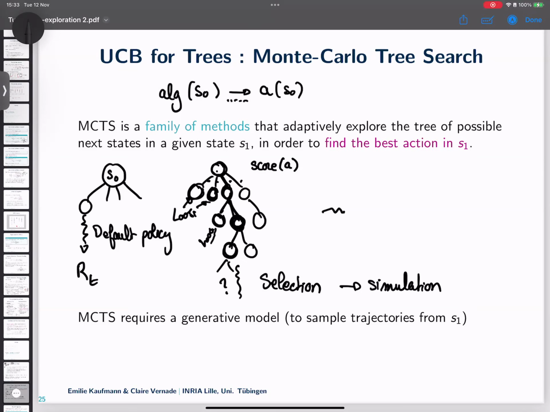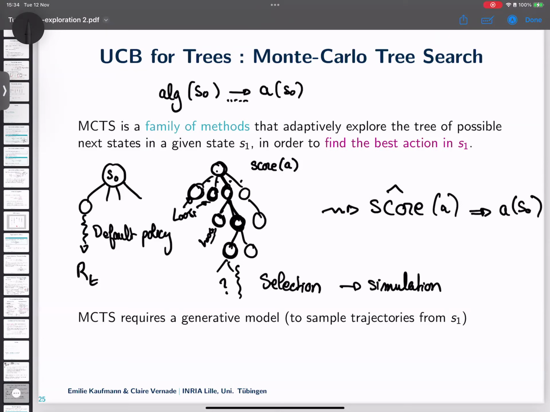And I continue like this for a long time until I get an estimate of the score of my action that I feel is good enough for me to output, from some function of the score. So the whole process for my algorithm is to dig down the tree. But every time I dig a little bit down this tree, I decide whether I want to dig further or not.